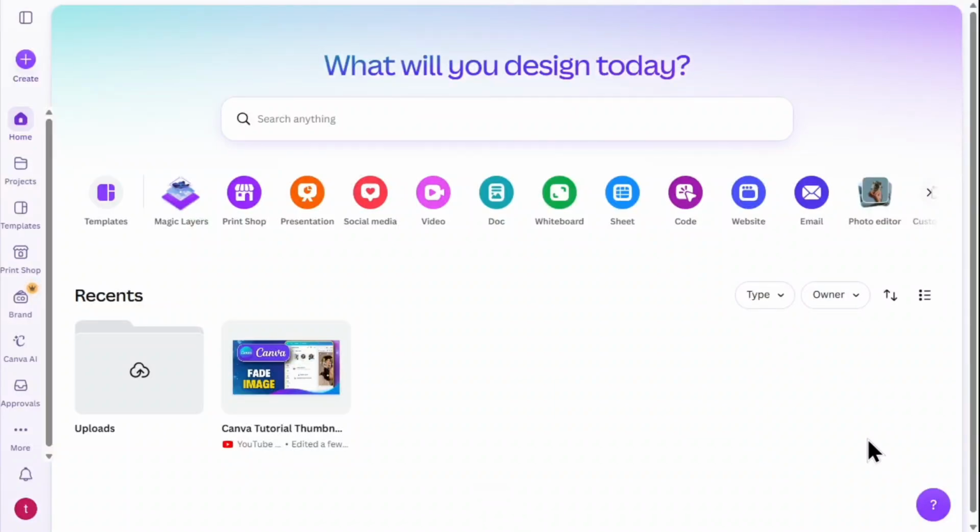In this video, I will be showing you how to make Canva images high resolution. Let's get started. First, I start on the main Canva homepage, where I can view my recent projects and design